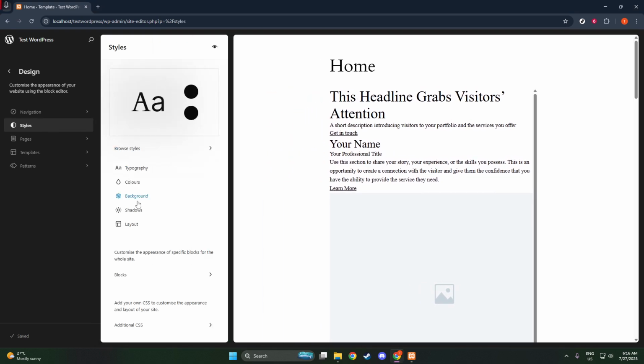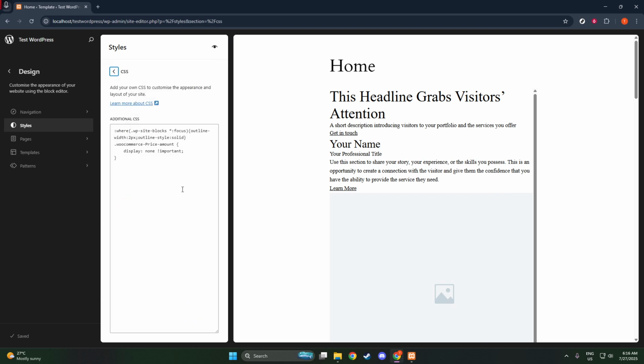Now, let's talk about the actual code you need to paste here to hide related products. It's important to make sure you have the right code ready. With the code in your clipboard, simply paste it into the Additional CSS box. The great thing about CSS is that it's non-destructive and easily reversible. So, if you're ever unsure about any changes you make, you can remove them, and your site will revert to